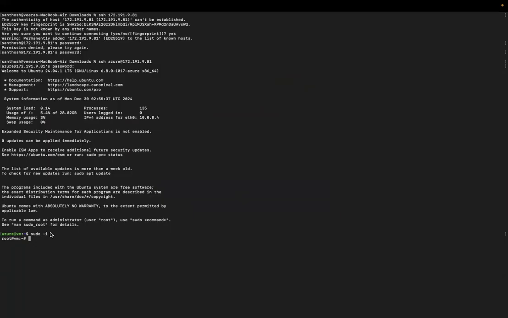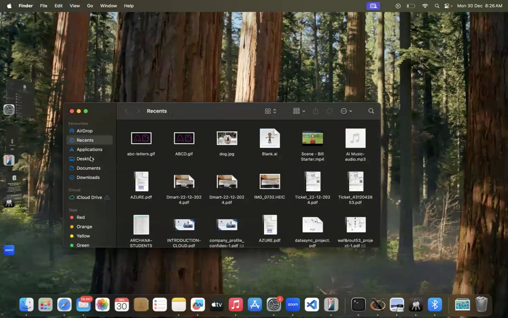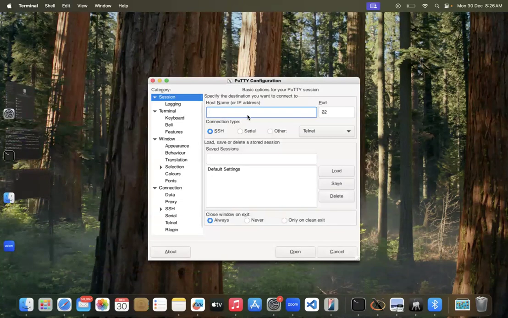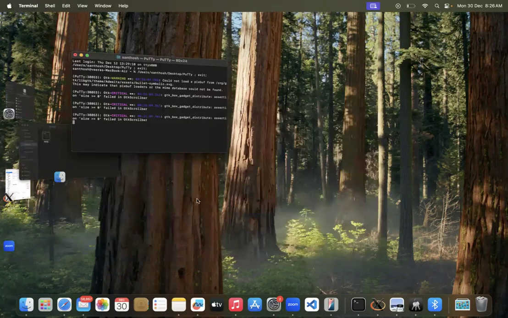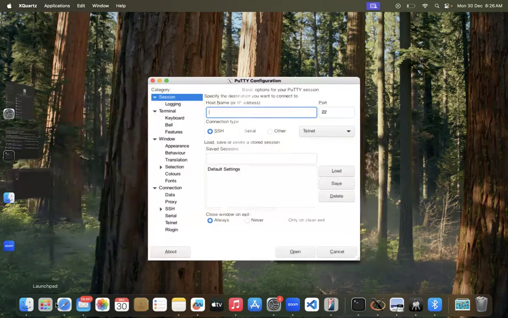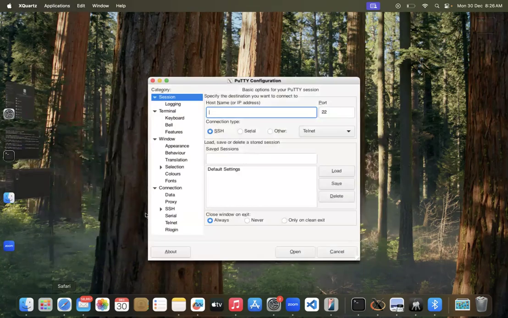You know how to use PuTTY, right? Simply open PuTTY. I don't think PuTTY is on my laptop. Let me see if it is working. Yeah. So if you want to log in from PuTTY, this is how it looks, right? Simply, you go back and copy the IP address